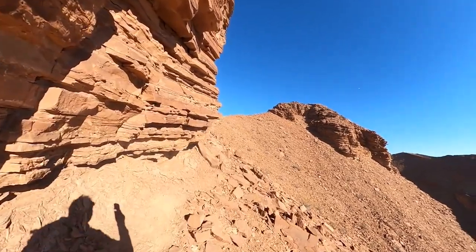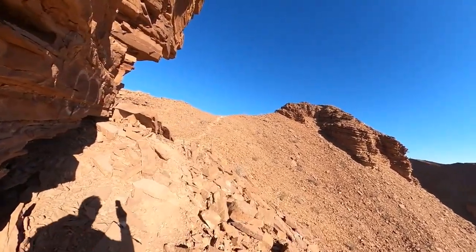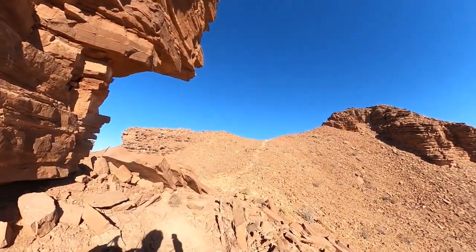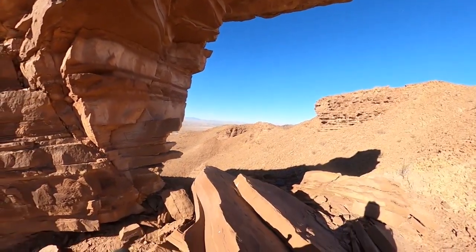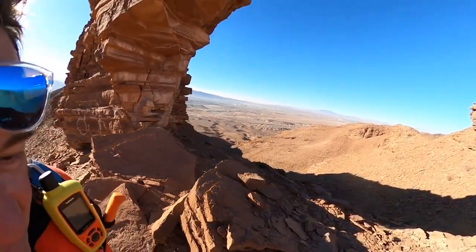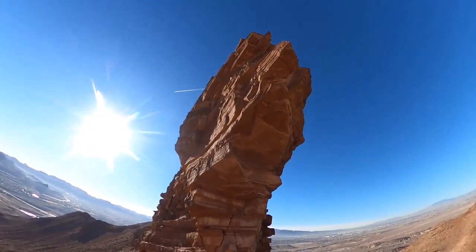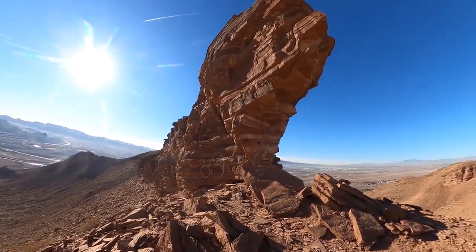Okay, now I am reaching the extremity of the opening, and this is where you will finish your hike if you continue on the ridge over my head. And look at that. This thing looks like the front of a fish hull. It is pretty amazing to see